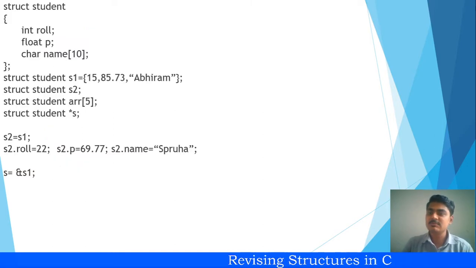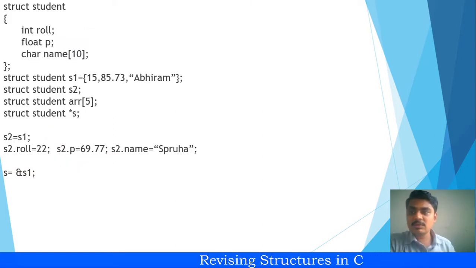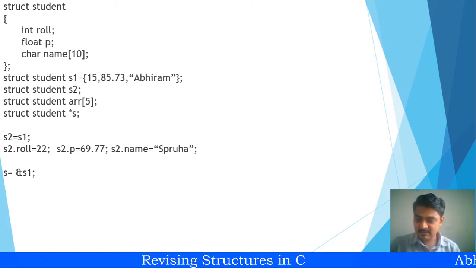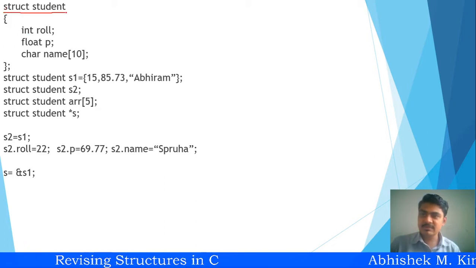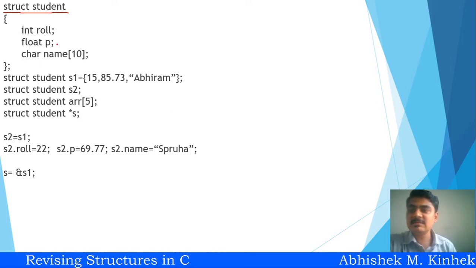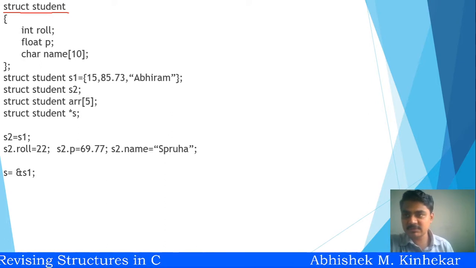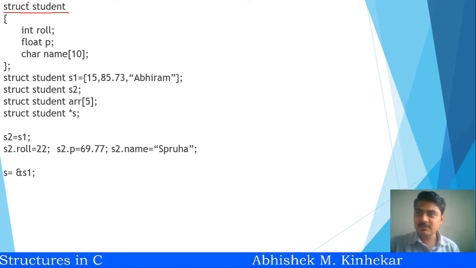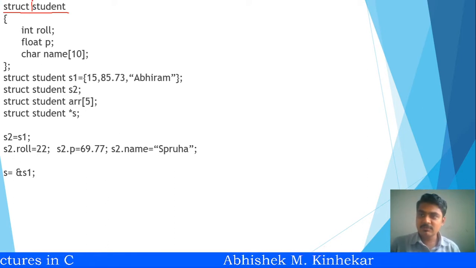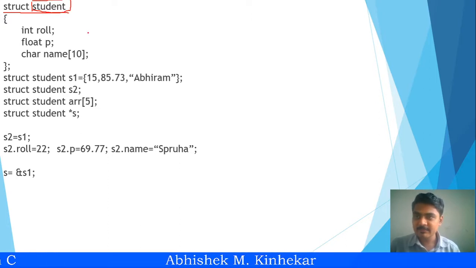Now let us assume this is a code. In this code, the first few lines, struct student, let me highlight these things with this marker. Struct student, the very first line, is a declaration of a structure. Struct is a keyword which is used for declaration of a structure. Then follows the name of the structure. Mind well, this name is an optional entity, and if you want you can skip it.